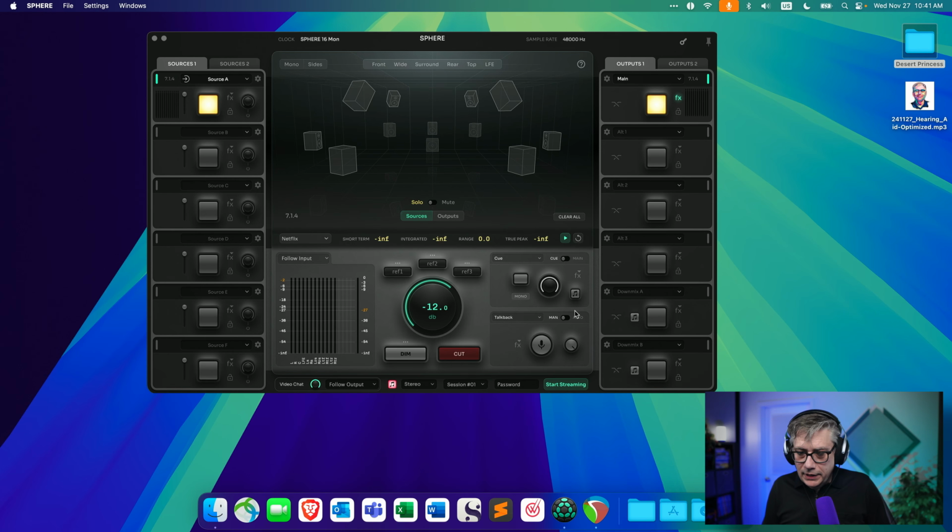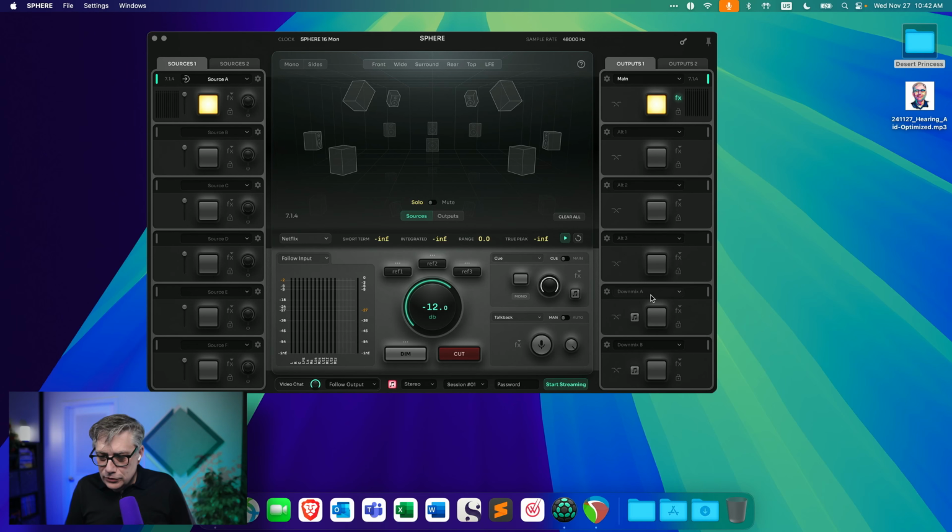Okay, but what about if I want to use the built-in downmix capabilities? This can be done here with the outputs, with the downmix outputs. And what I want to do now is actually use Ginger Audio Sphere in order to do Apple Spatial Audio monitoring with the Apple AirPods. And the nice thing is that Ginger Audio Sphere actually allows you to do that natively now. And it also includes the possibility to use head tracking.